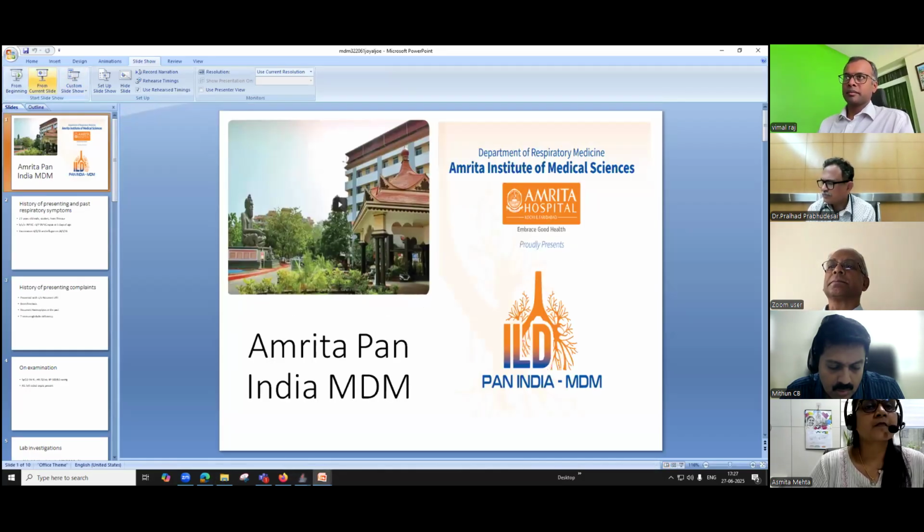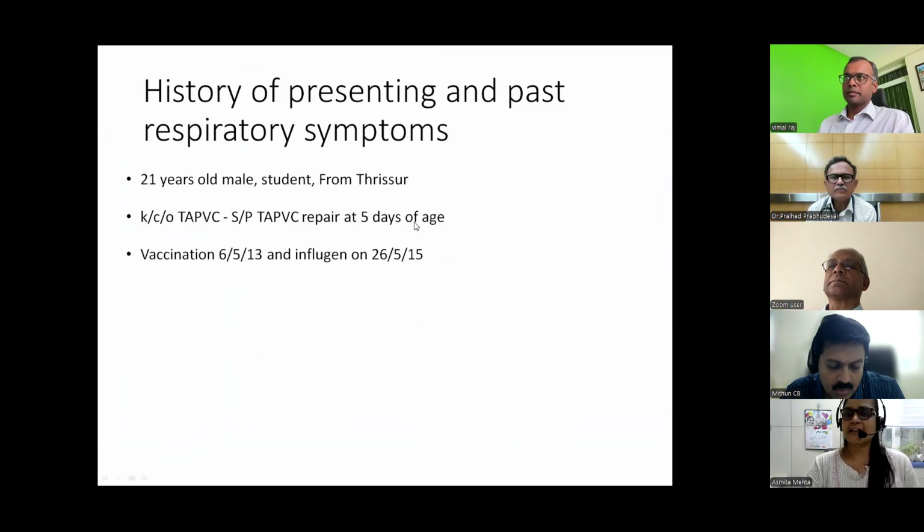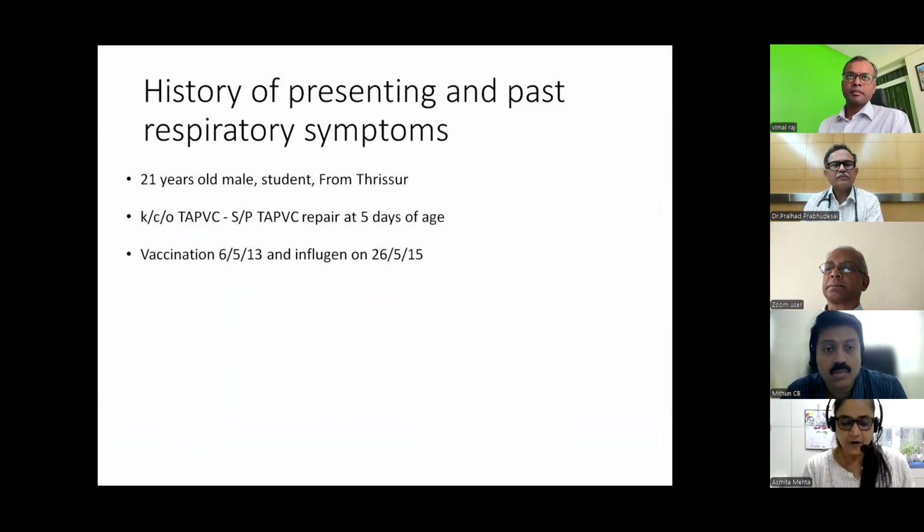And this is again a patient. The beauty of Amrita is that we are seeing patients. This is a boy of 21 years old. Why I'm saying boy is because I still remember when I saw him first time in 2013. That was the time when I saw him, and he is now 21 years old, and he came to see me after 2016, which was his last follow-up.